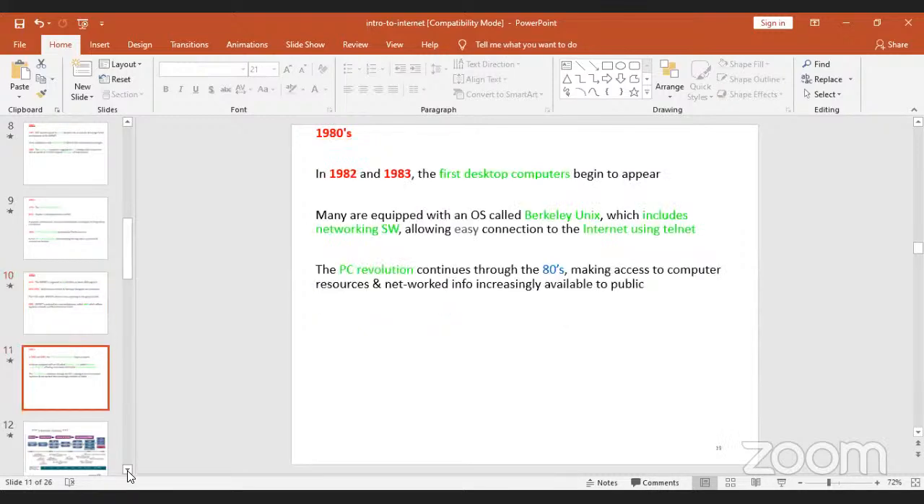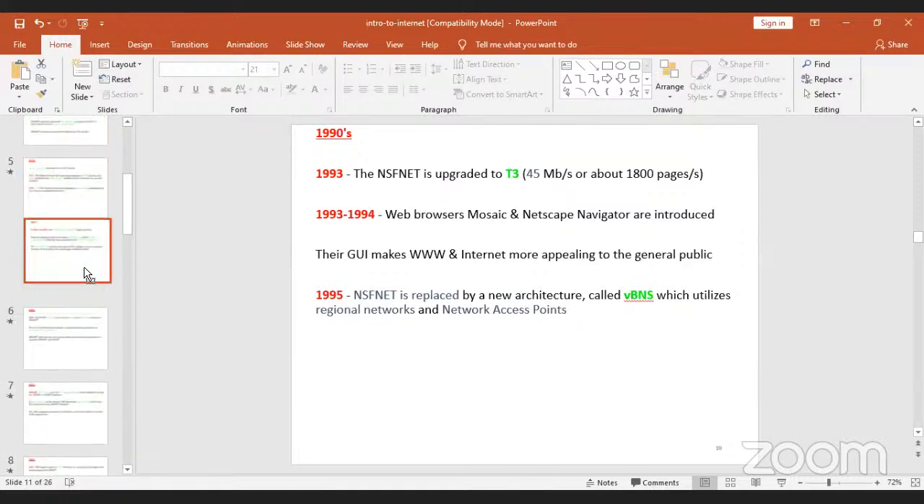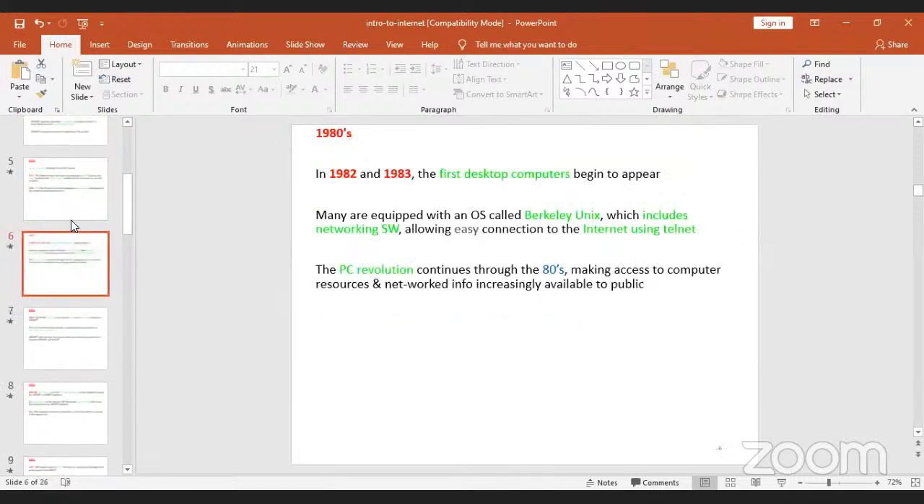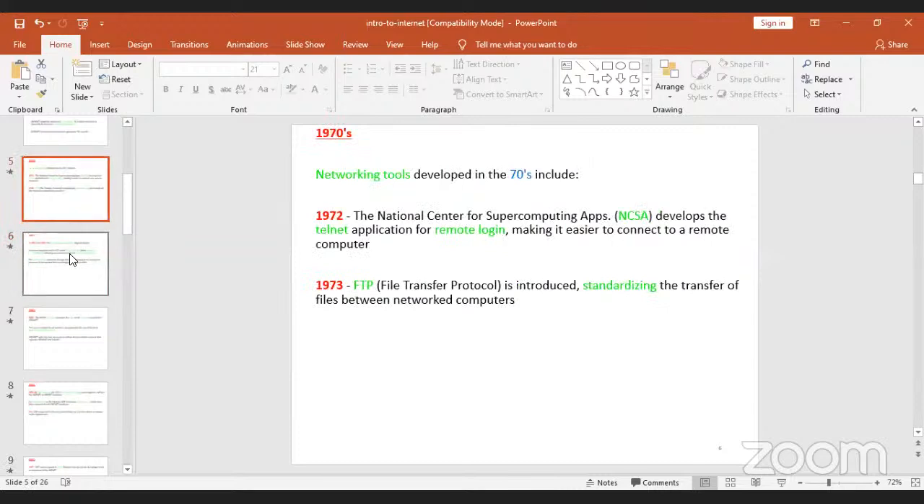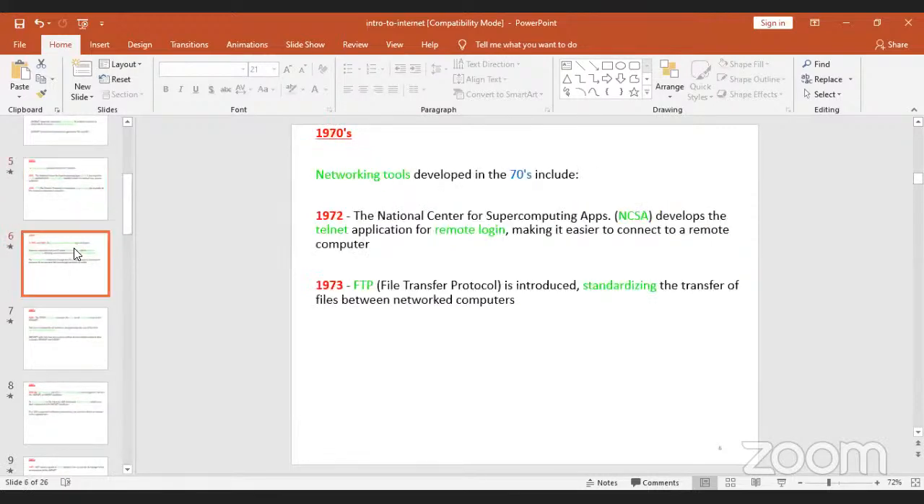So in 1980s, we had... okay. Sorry, I think I was supposed to talk about this in 1980s. Right, so I skipped this slide. It was supposed to be after